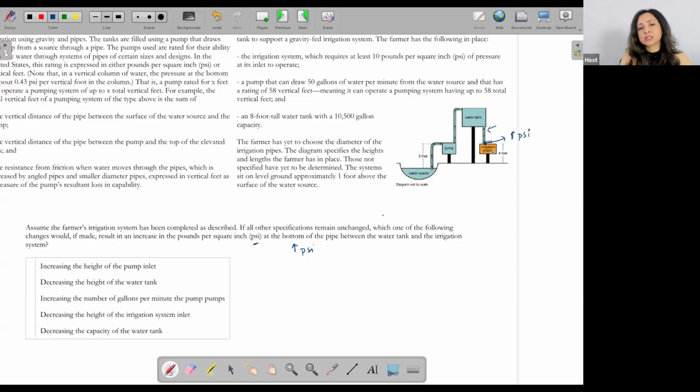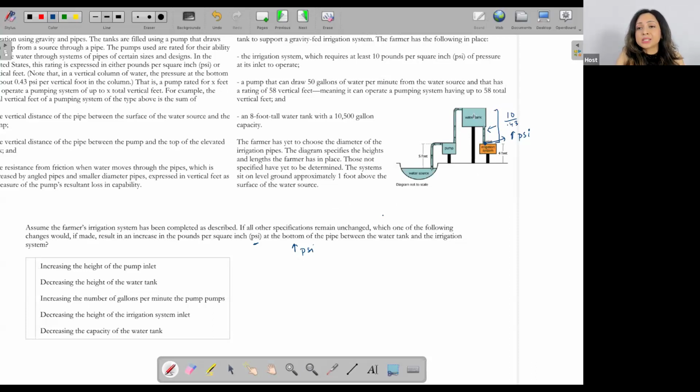Now, we discussed it when we were doing the first question, when we were evaluating the question, that 10 psi was the minimum required for this particular system, right? We had been given that minimum 10 psi is required, and we converted it to vertical feet because we were given 0.43 psi. We get 0.43 psi in case we have a water column height of 1 foot, right? So then we said, okay, this should be at least 10 upon 0.43. Do you remember that, right?